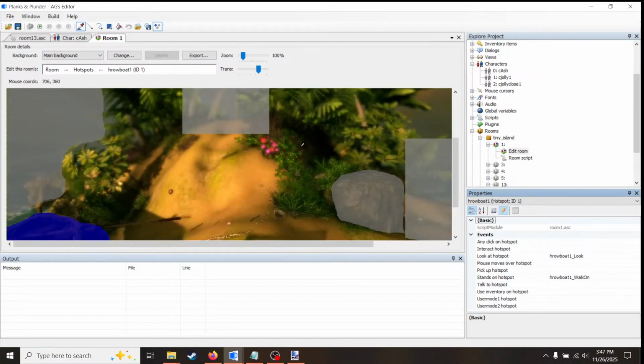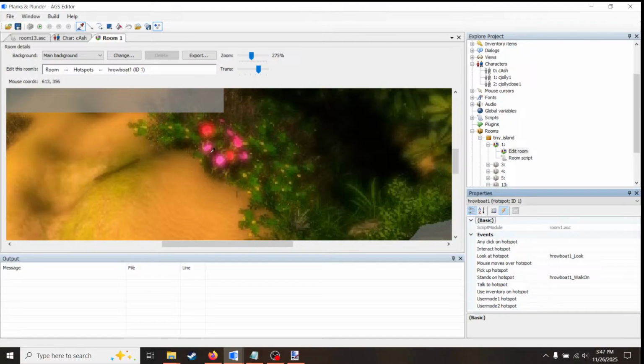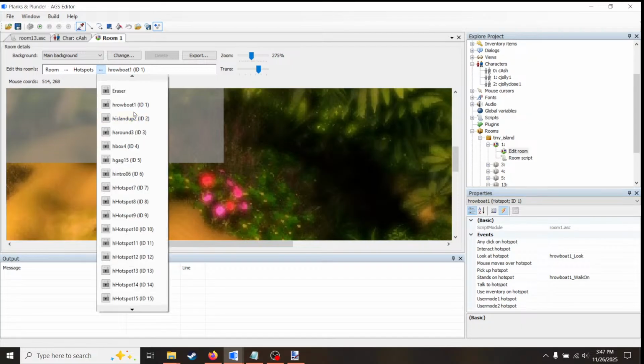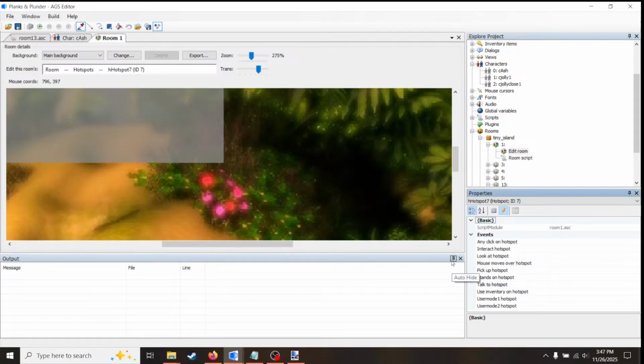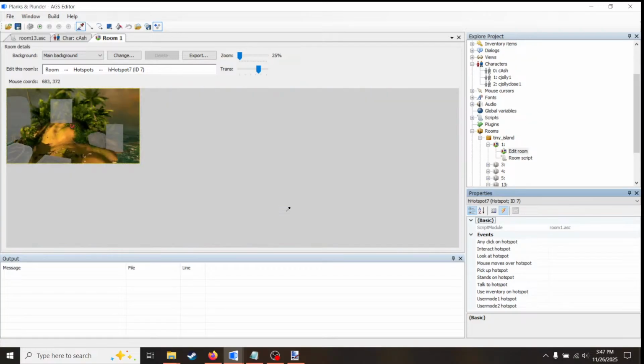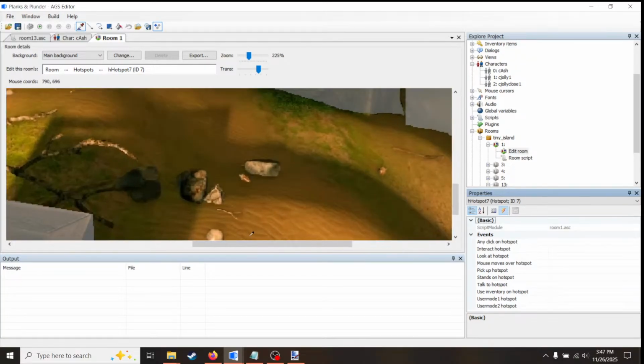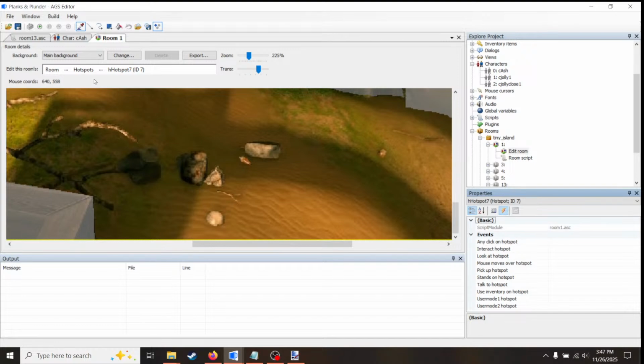So if I want to do this flower here as a hotspot, just the individual flower, if I have to pick that up or something and use it, that's the reason I didn't do anything weird as the hotspot. Is this hotspot taken? Let me see. No. Because there are certain rocks and things you can click on. I don't have them put in yet, but anyways,